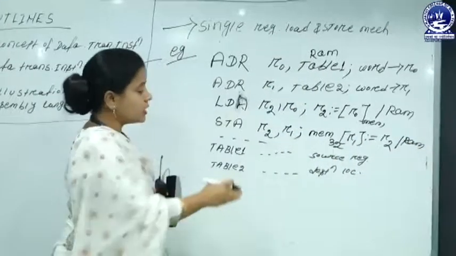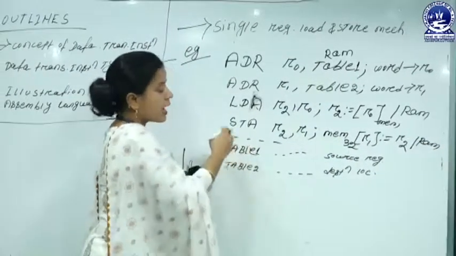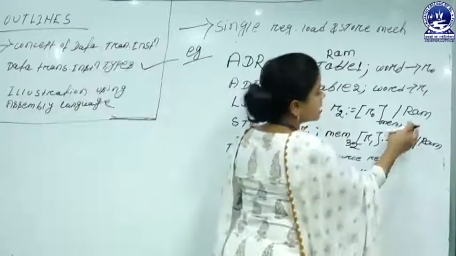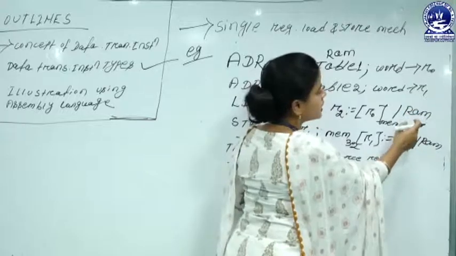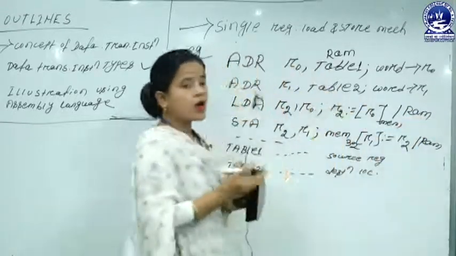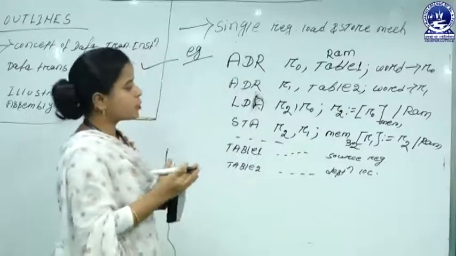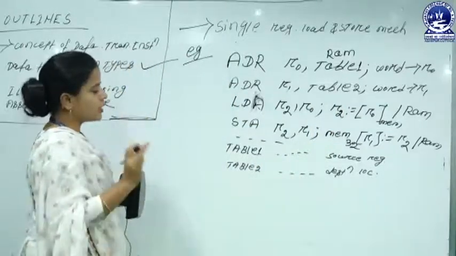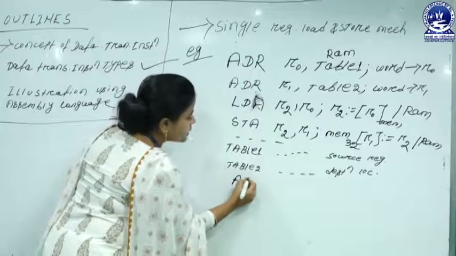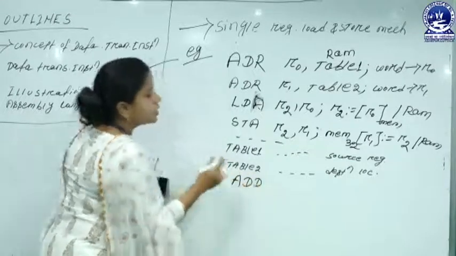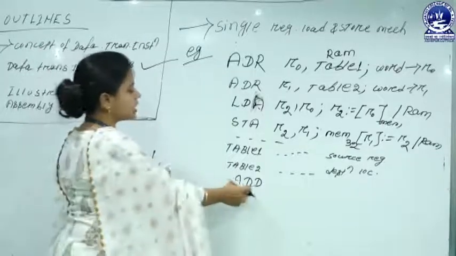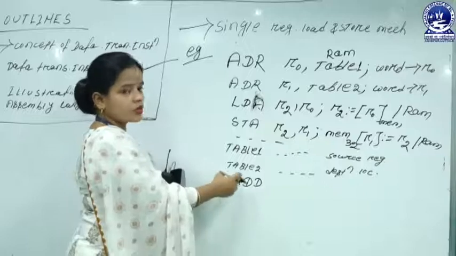Now in this position another programmer needs to add some other data. Suppose in case of RAM another user needs to embed another word, that's your SAM. So how is the RAM SAM string possible by using assembly code? How is that possible? As we know, if we need to concatenate or combine any data from one opcode to another opcode, in this case we use one opcode, that's your add.